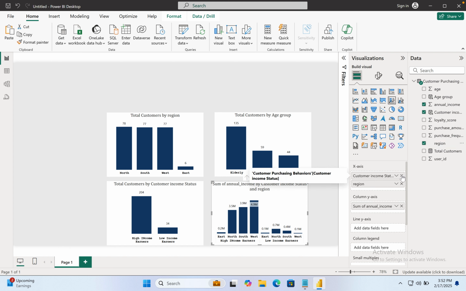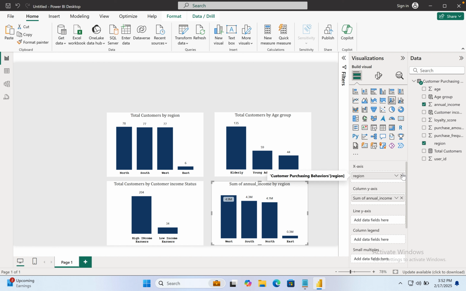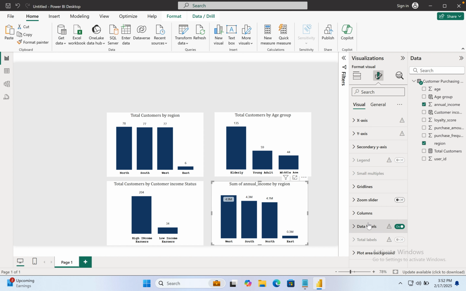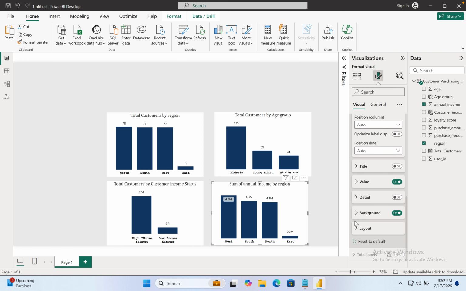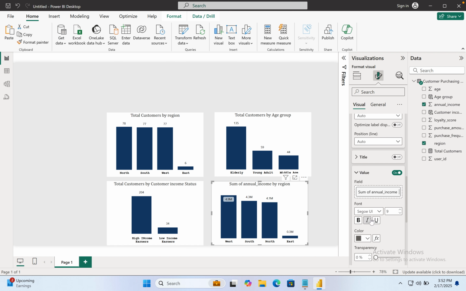It's not there, so we have to use the region and the annual incomes to know the amounts they earn annually, and which region has the highest income. What we can use here is, okay, we are seeing millions. Let's format the data label here, and say okay, I want the values